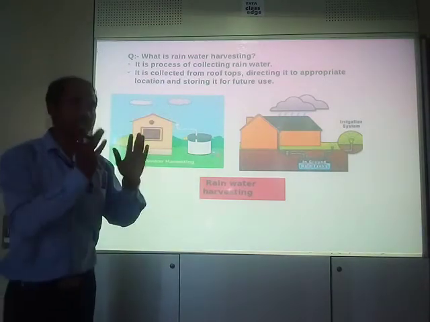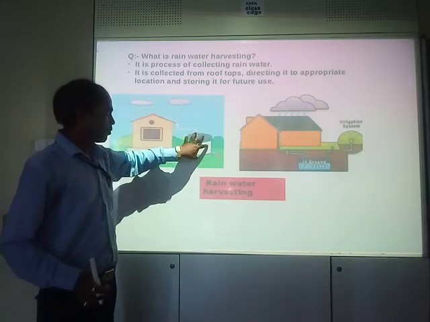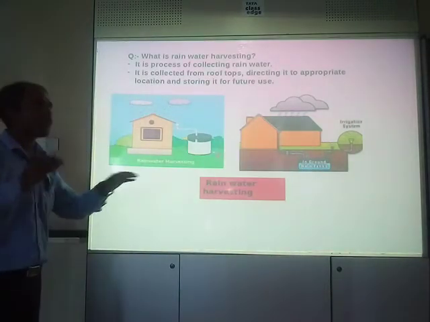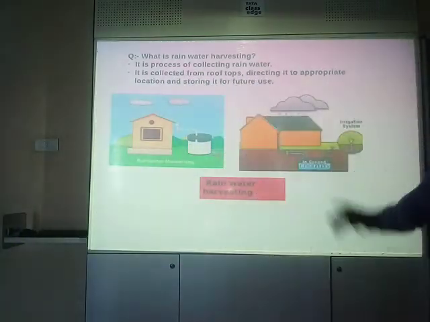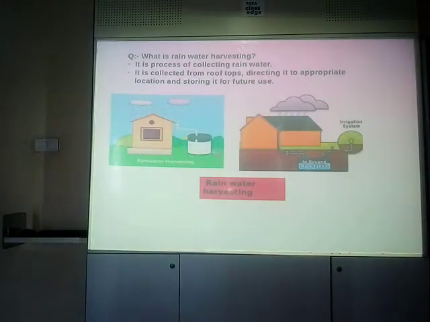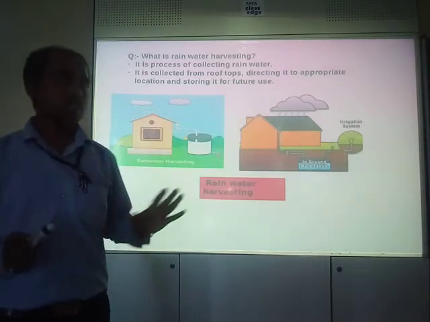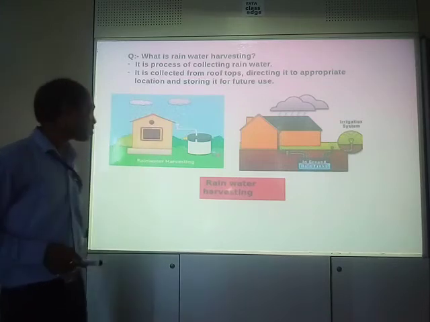Rainwater harvesting means collection of rainwater. Clear? So water is being collected for different purposes, or it will be stored inside the ground also by making a pit. By any means they are collecting the water, they are not wasting the water. This is the meaning of rainwater harvesting. I think from the picture it becomes very clear to you what is the meaning of rainwater harvesting, isn't it? So that's all that I need to discuss. These are important things that I felt needed to be discussed. That's why I have discussed.